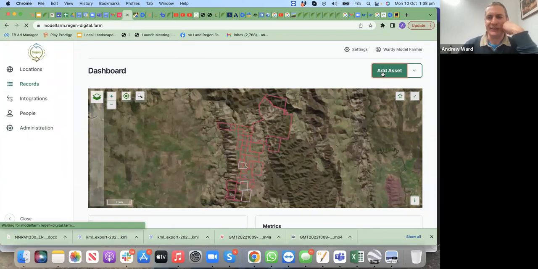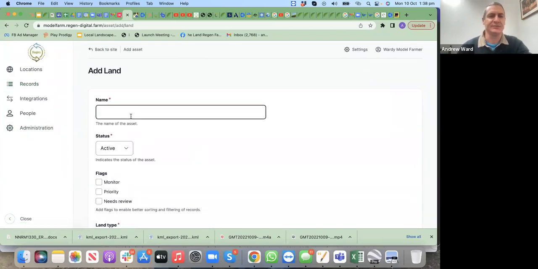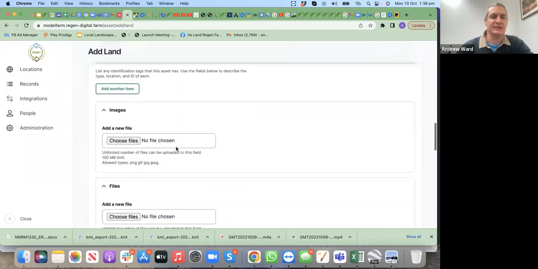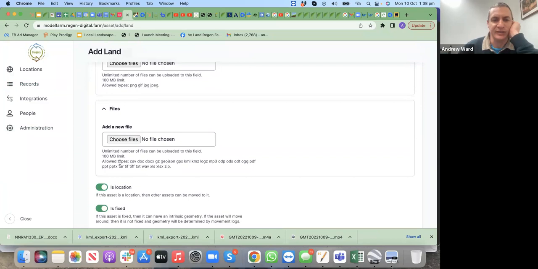Now, if I'm going to add an asset, and we'll choose a land asset here, ABC, and we'll make it any particular asset. Bringing it in from KML is the easiest, but you can actually bring in GeoJSON, KMZ, WMS, all of these file types are